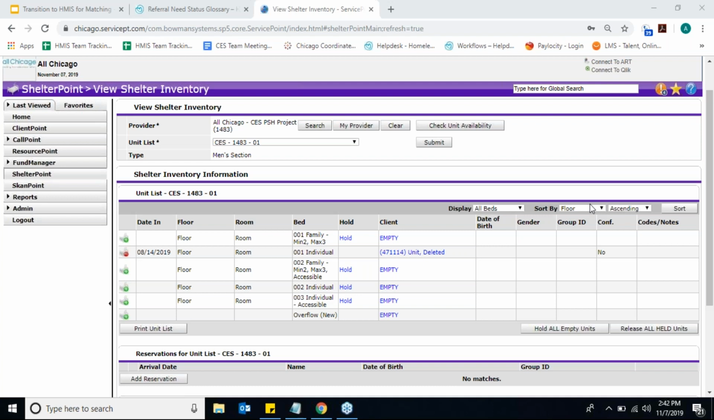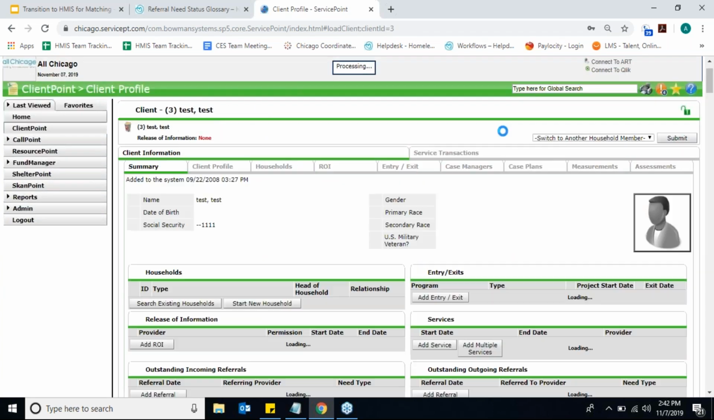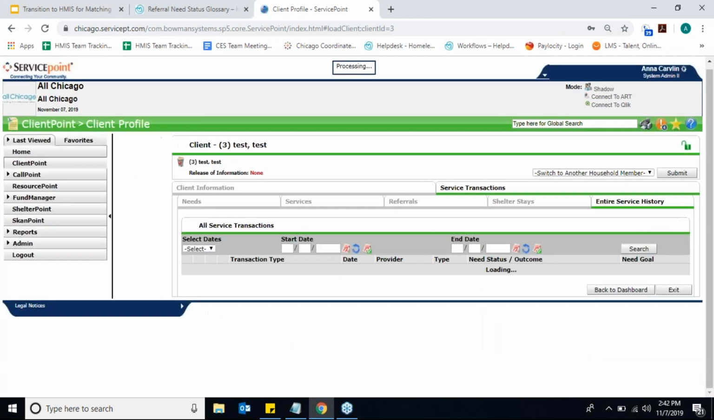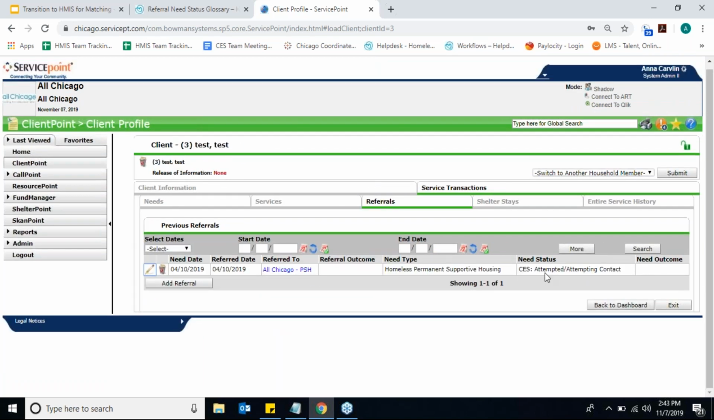How does the system know we've already received 2 matches if they say empty, or we are placing a hold on that unit after we receive matches? So when you get a referral, you go, and I'll just show you guys. I do know that some people forget sometimes to do the need status update, so let me just show you real quick. So if you're in the client record, you go to service transactions, you can view entire service history, go to referrals, and then this